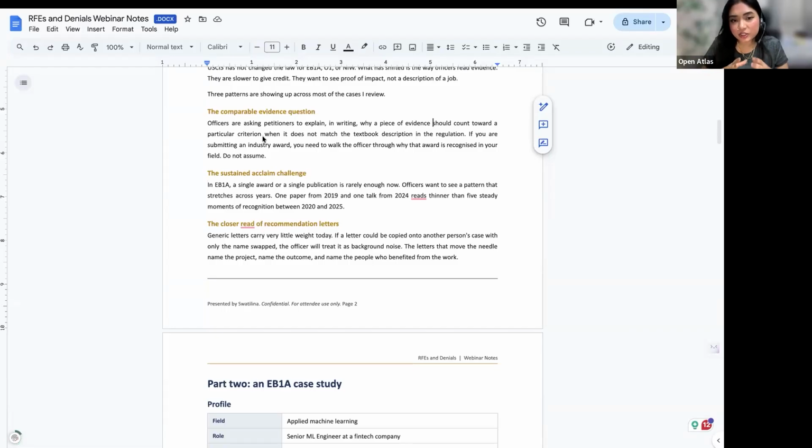Now things have changed a lot. So every piece of evidence that you are corroborating or performing, you have to make sure that it makes complete sense with the domain, and it has to be explained in the petition very well. And when you are doing peer reviews, one tip from my side is this.